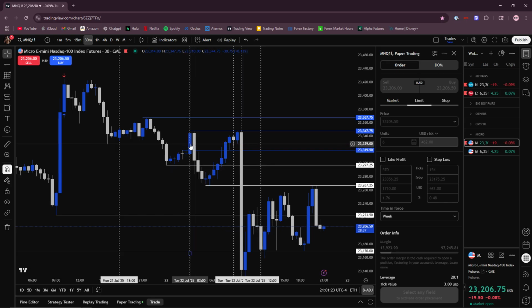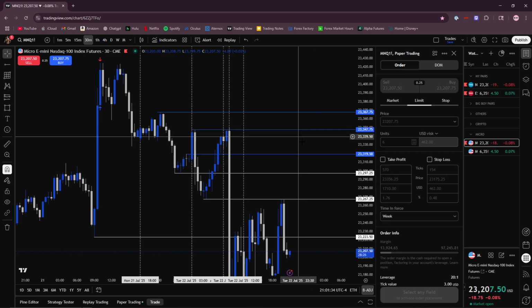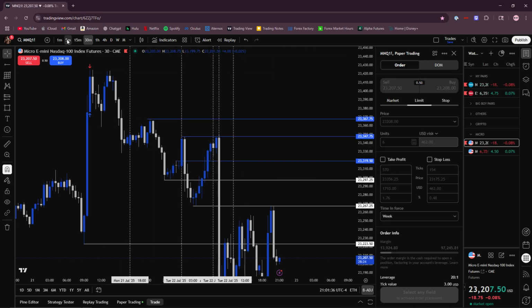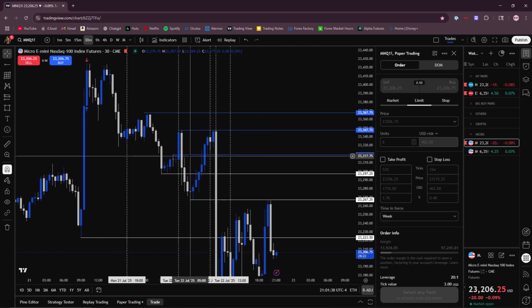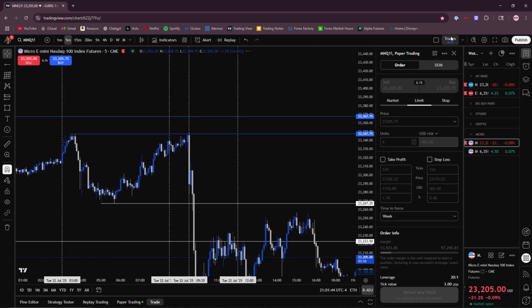So then we're looking for shorts on the day, and it goes and takes out Asian session lows, and that gives us enough confirmation for London session reversal. And then basically, that's just our bias for the day. Sweeps out those lows there. Looking for shorts, and that's our bias.